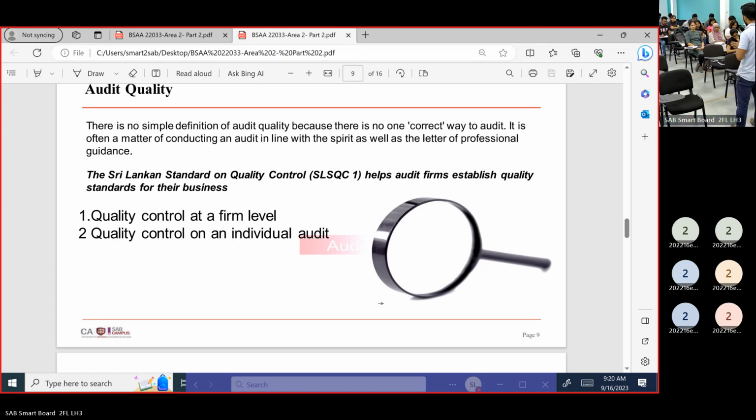And then how about the succession plan at the engagement level? The auditor should train the next year's seniors and next year's audit manager. This year's audit supervisor can manage the audit team for next year. So that succession plan should be there at the engagement level. Those are the aspects. You have to remember that as an auditor, we should have firm level audit quality and engagement level audit quality.